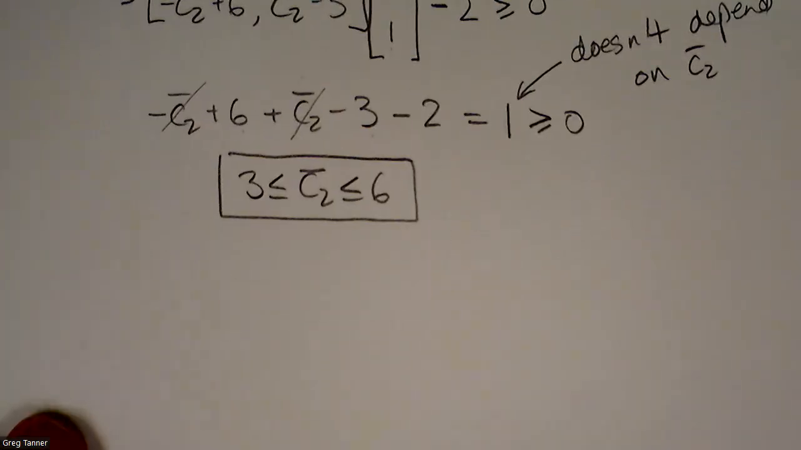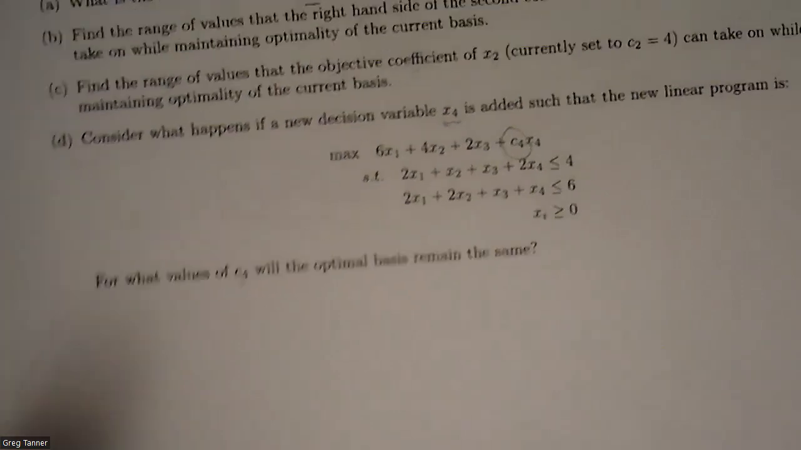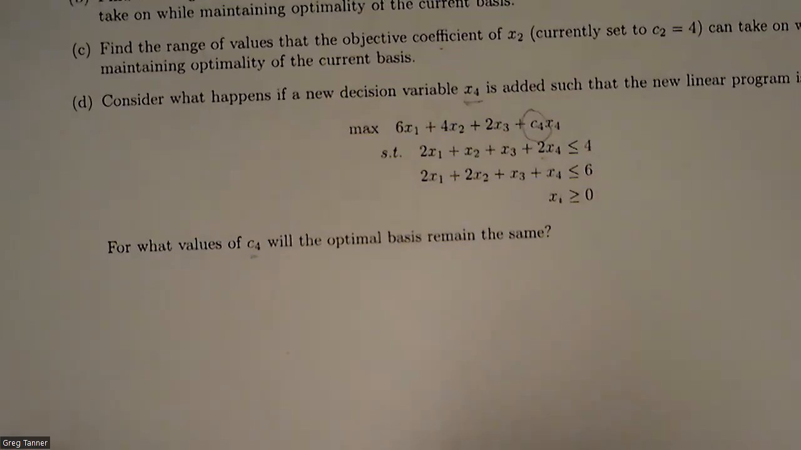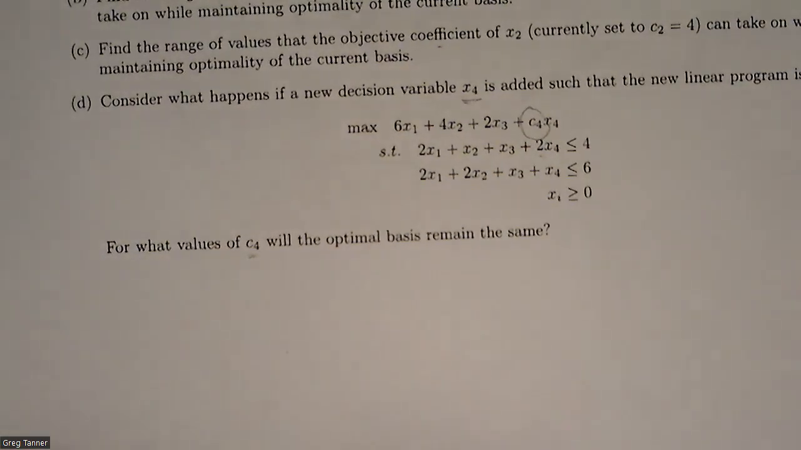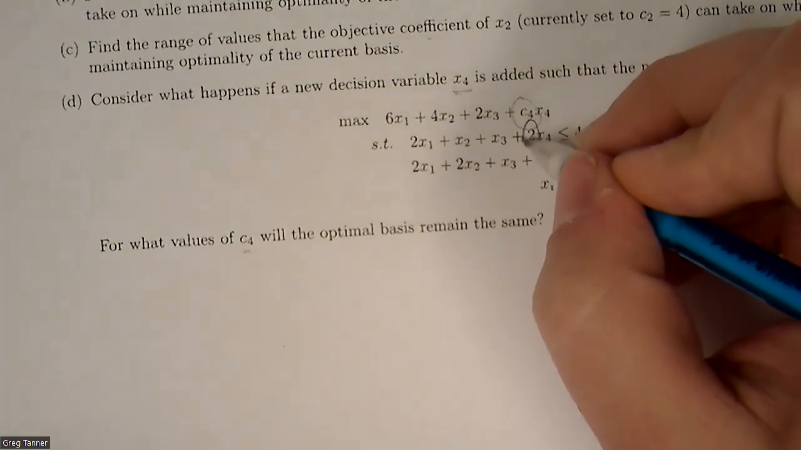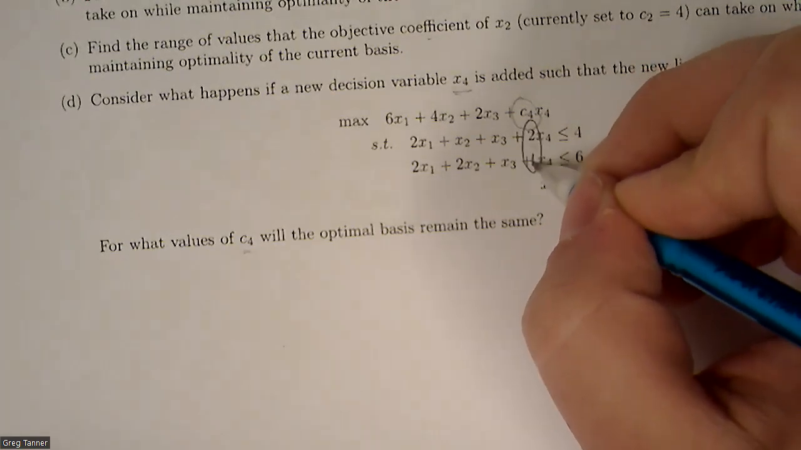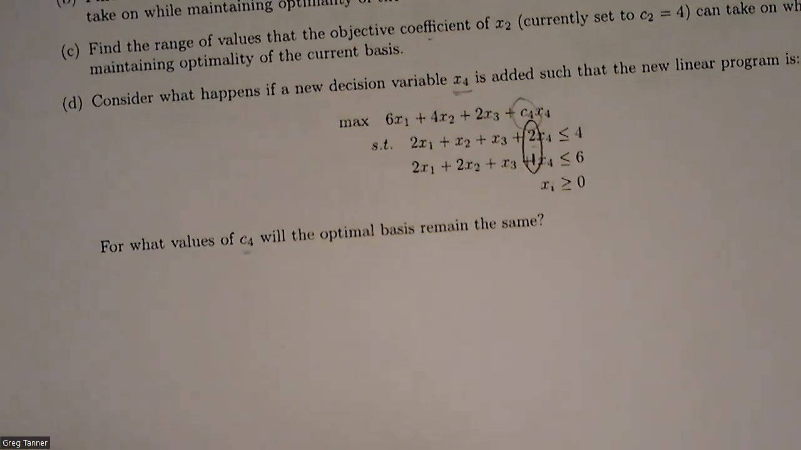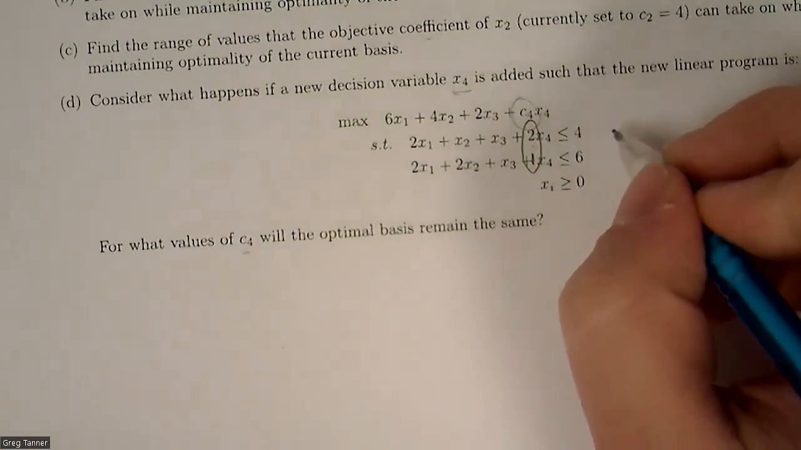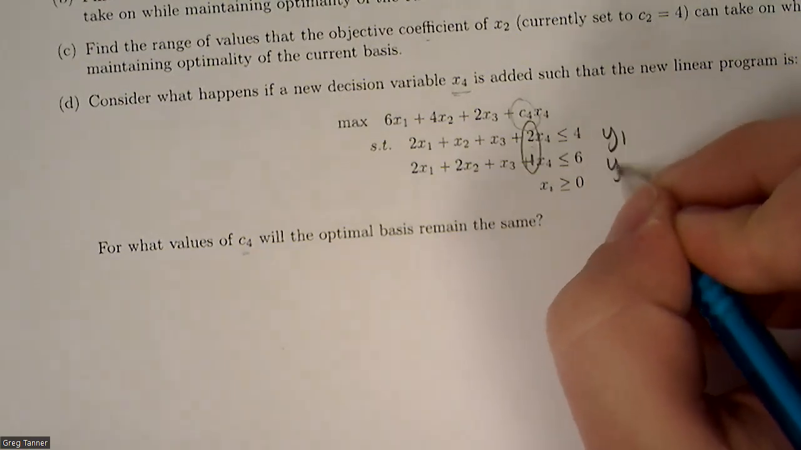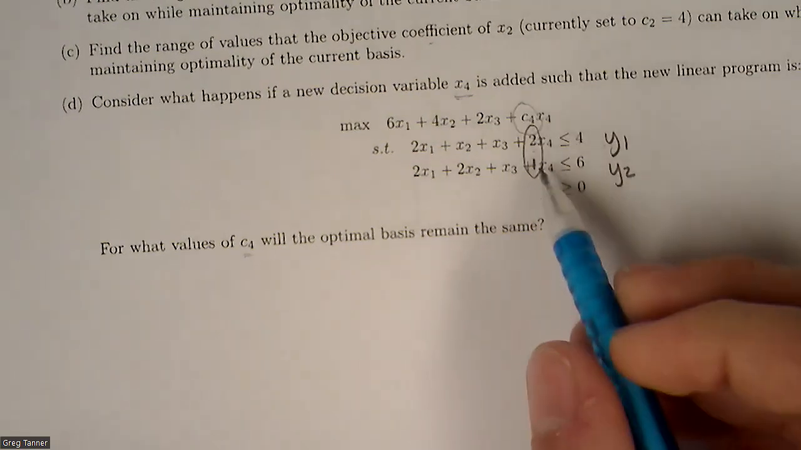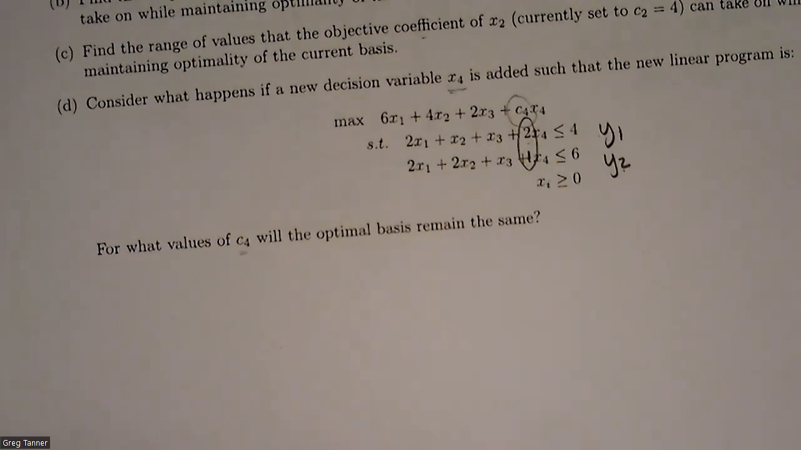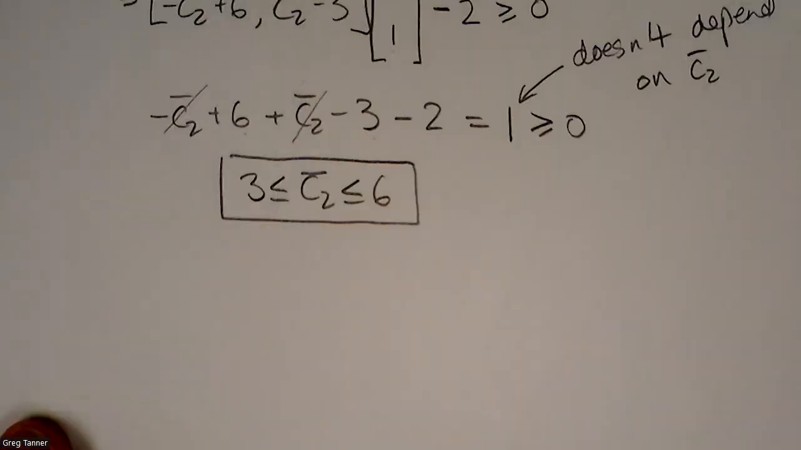So let's look at this. The main way that we can figure this out is by looking at the dual constraint corresponding to this new variable. For that dual constraint, we need to look at the coefficients of x4, which are 2 and 1. And then C4 will end up being the right-hand side of the dual constraint. Our dual variables, we're going to call them y1 and y2. And so these coefficients are going to be the coefficient of y1, and this is going to be the coefficient of y2 in that dual constraint. So that dual constraint ends up being